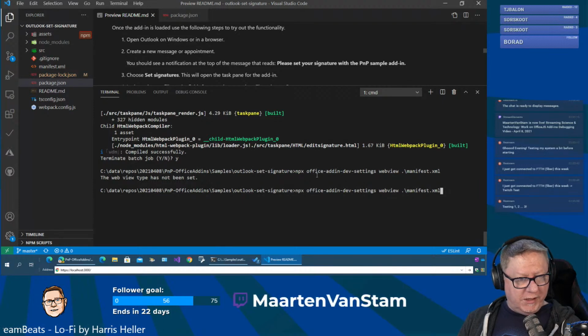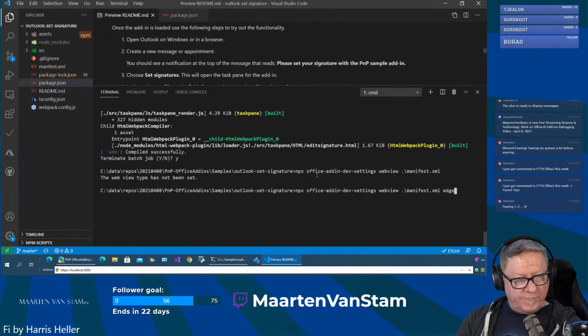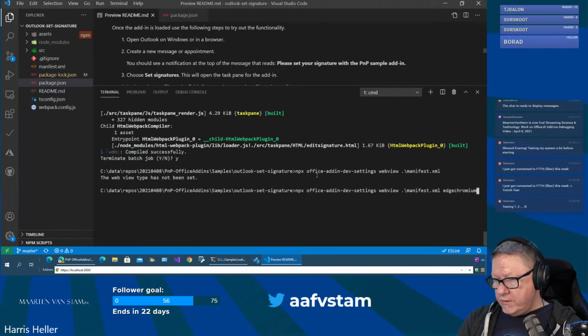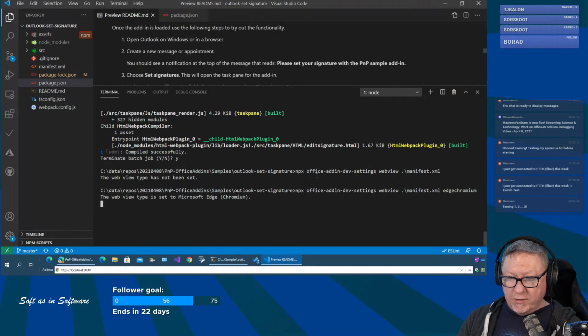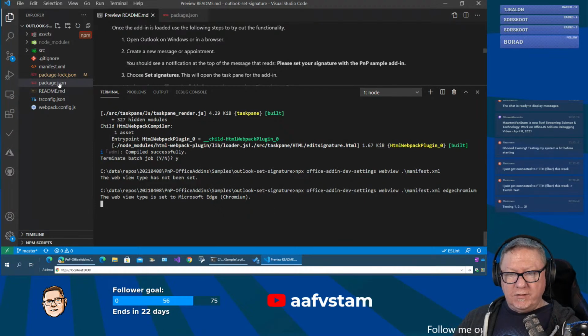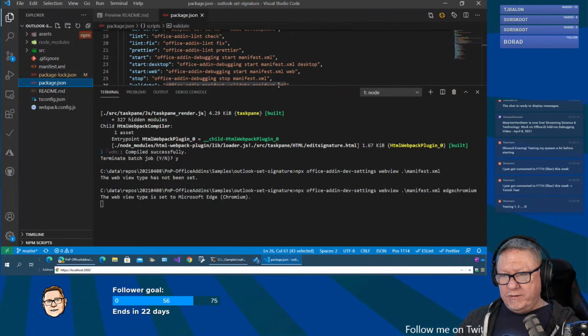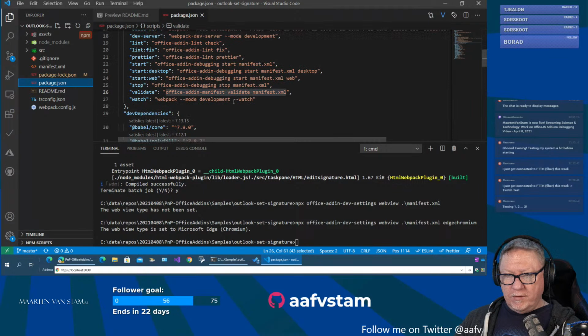the new option would be Edge Chromium. Edge Chromium. And if I'm correct, it will fail because it will not recognize the new entry here. Oh, it is. Okay, so this one is updated. That means that the version of the debugger, actually it's the one